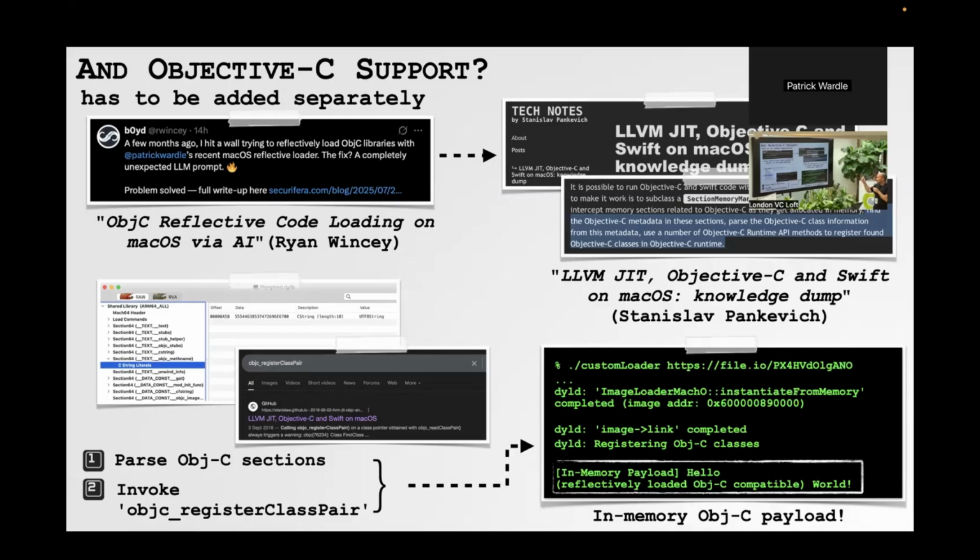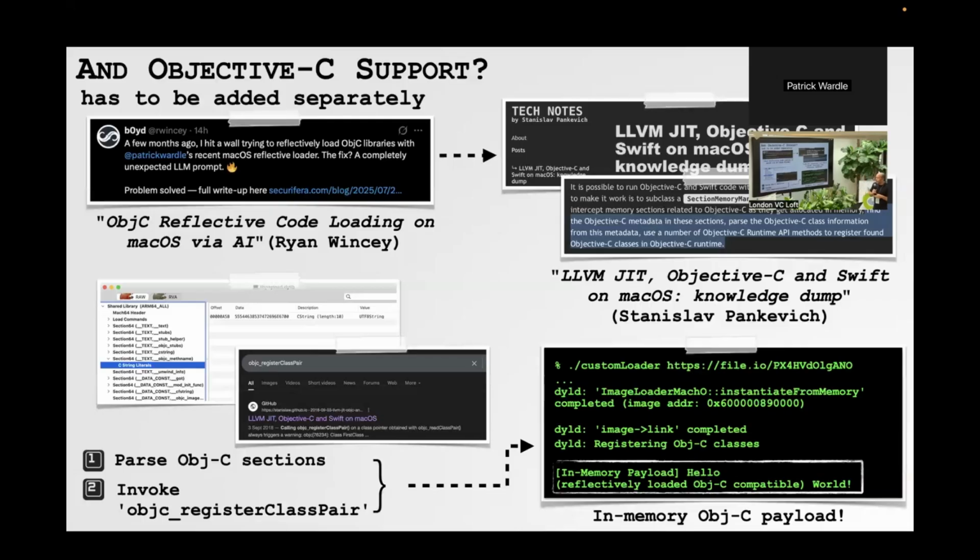And AI pointed him to this article from 2018, which did exactly what we needed to do, which is registering in-memory Objective-C payloads. Now, they weren't doing it for nefarious purposes, as is often the case, but for some debugging stuff. So this is a really great tech note that goes into exactly how one can register Objective-C classes and methods that weren't originally on the file system and/or were dynamically created, which is essentially the same thing for us. Ryan went so far as to grab the code from this article, create a PR for my